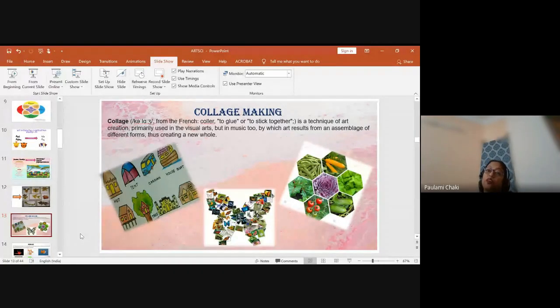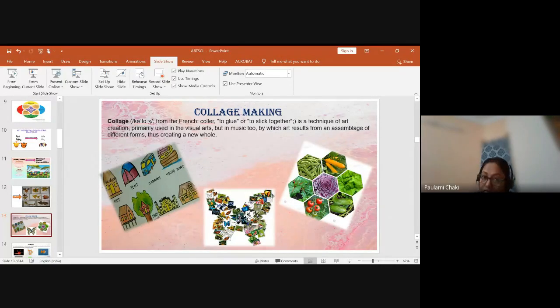Now here, in addition to it, suppose this is a collage of different butterflies. Suppose I am doing it for snakes, ask them to put all their collages in the form of a snake. The whole collage should look like a snake. Or if I am doing it with vegetables or different flowers, ask them to show it in the form of a flower. So that will enhance their creativity. So we can do this.